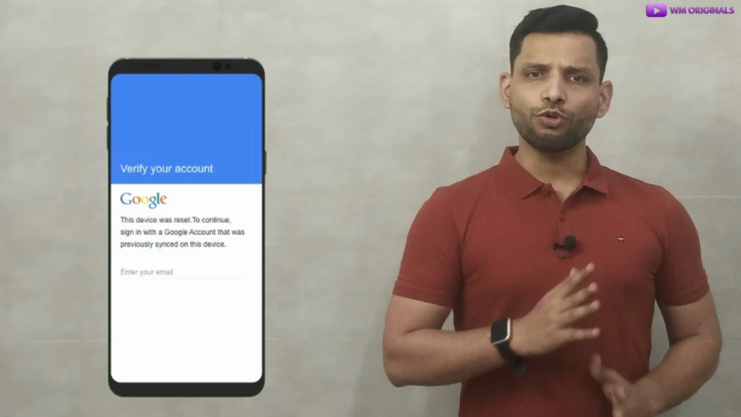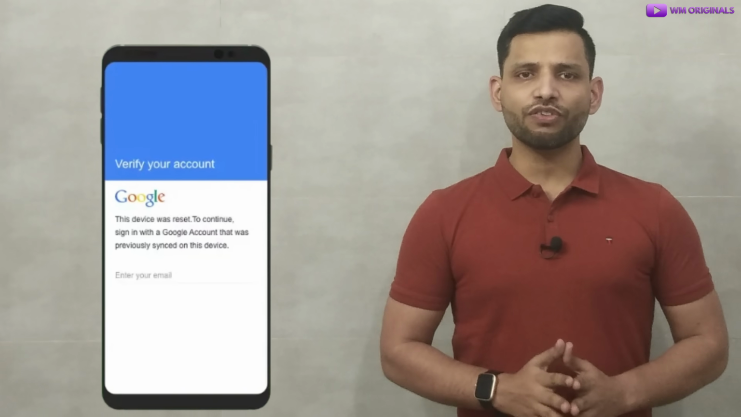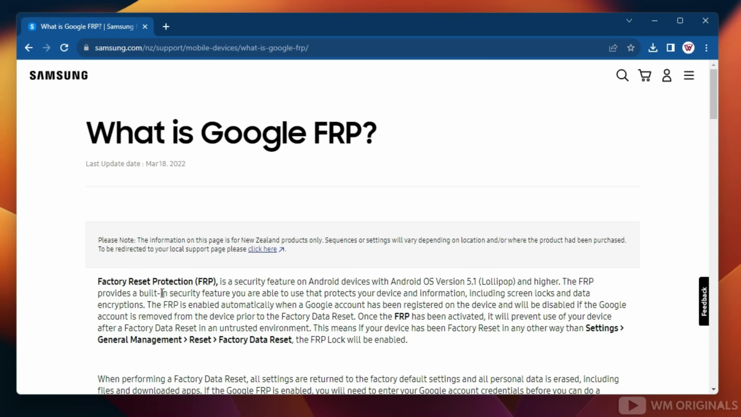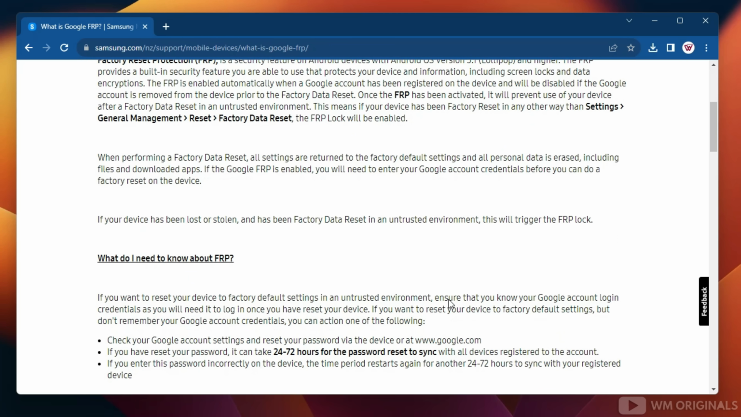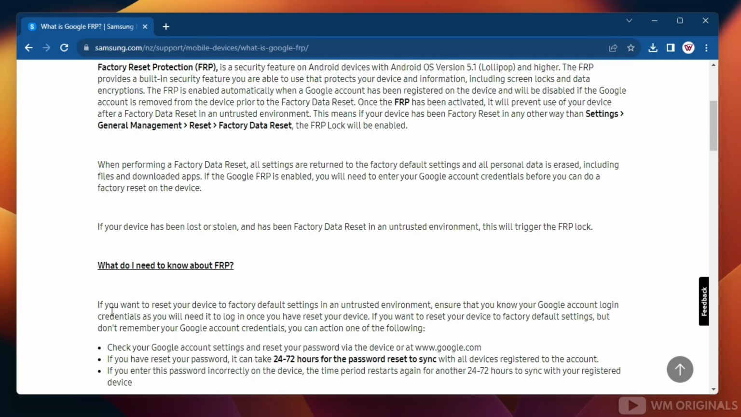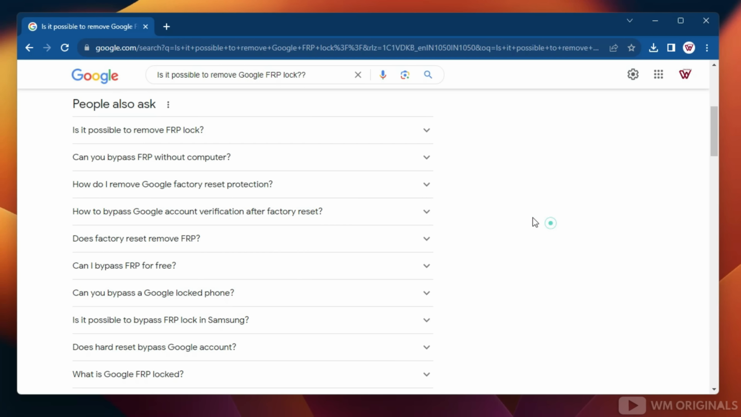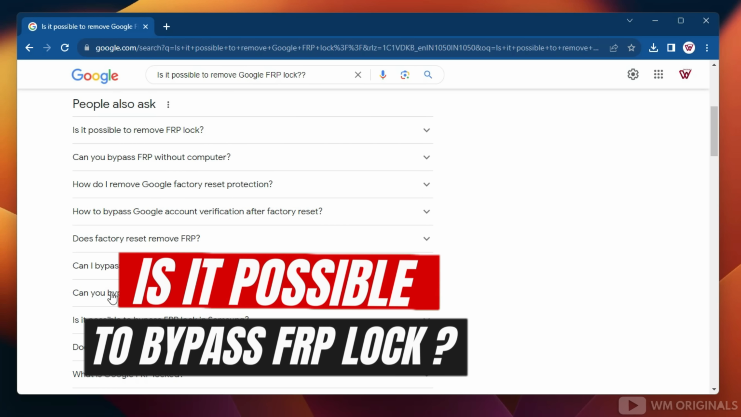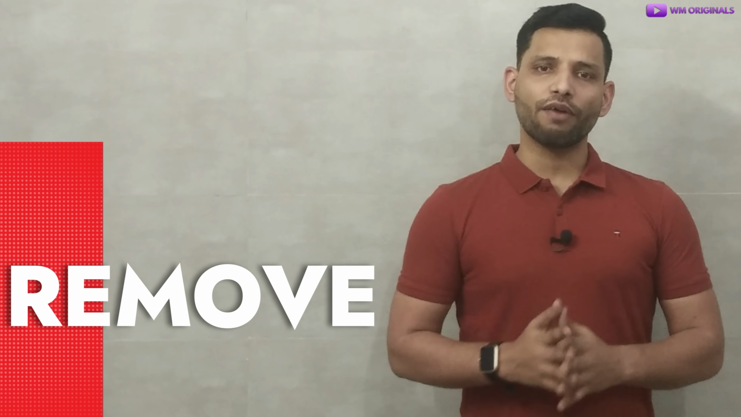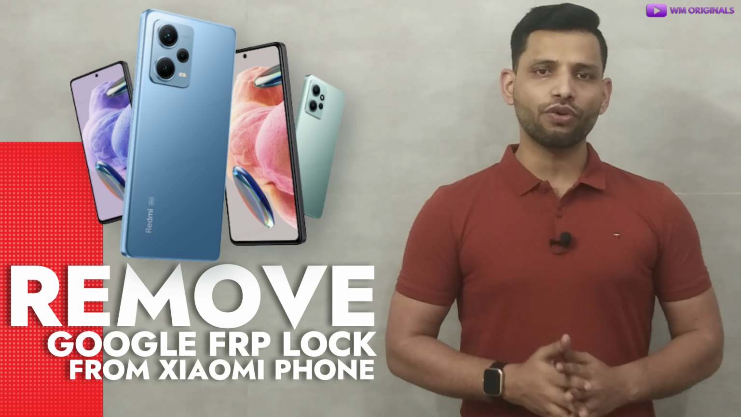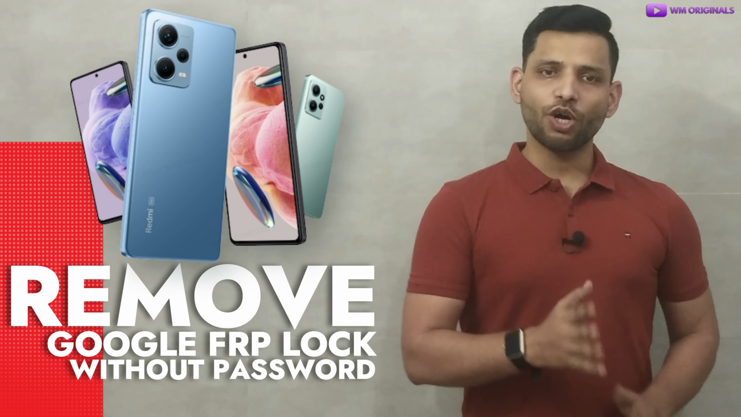Being stuck on Google account verification is the most common issue a lot of users face after we factory reset our Android phone if we have forgotten our Google account password. This can be very frustrating and we keep asking, is it possible to remove Google FRP lock? So what to do then? How to bypass Google account verification and remove FRP lock on Xiaomi Redmi phone after factory reset without password or